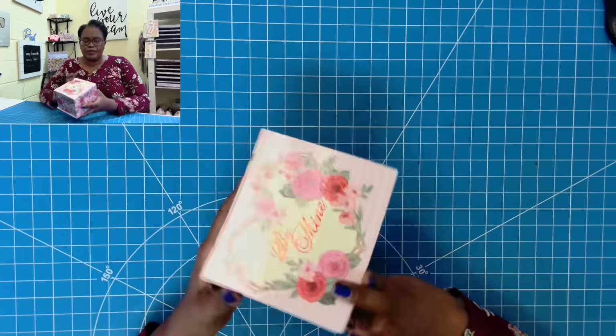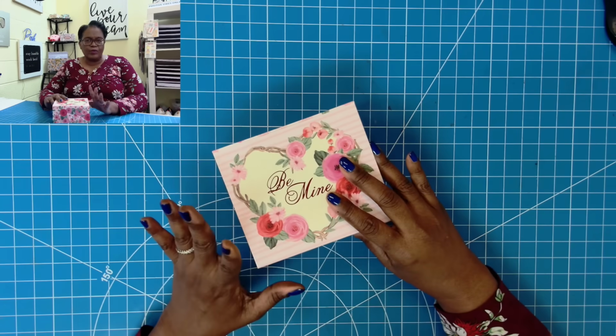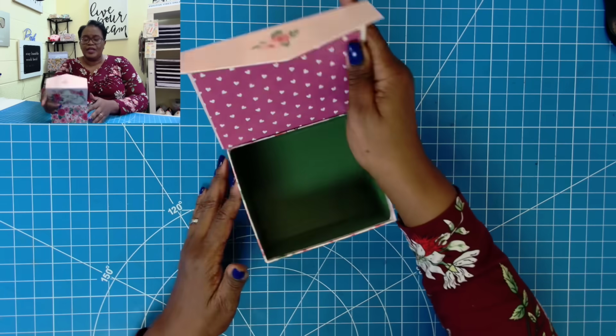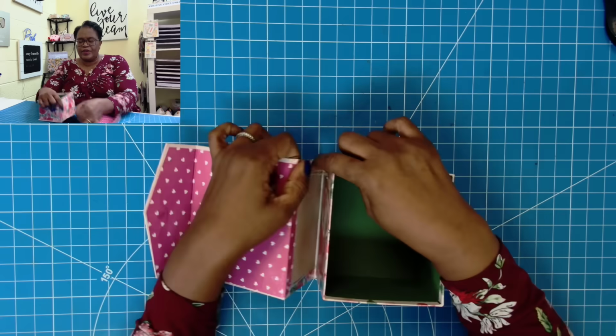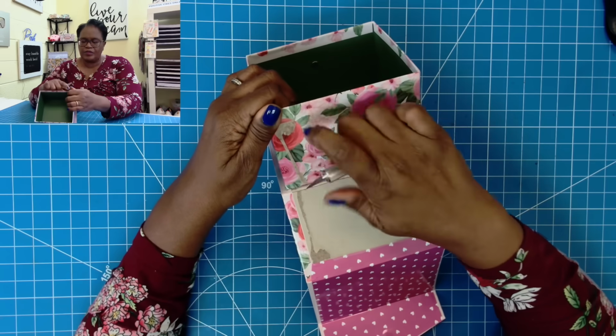So here is the one that we're going to be working with today. It's going to be the larger one, and I am going to show you right now how easy it is to do this. So the first thing that we need to do is open it, and we're going to just remove the back like this. Very easy. Then I'm just going to go in